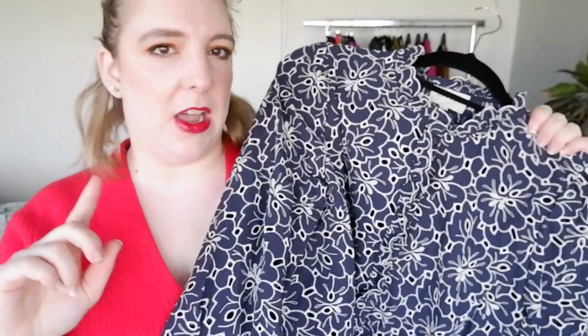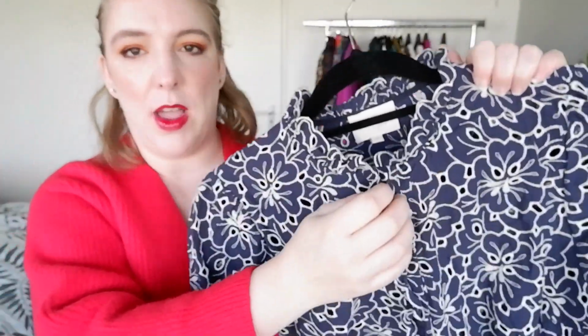Another reason why I'm not replacing my entire wardrobe with Sézane-only pieces is because they are a little bit more high maintenance. You definitely need to take very good care reading the label. But we'll get to that when we get to the item that I managed to shrink in the wash. So then we have 3 shirts coming up that all look quite the same because they all have this ruffle